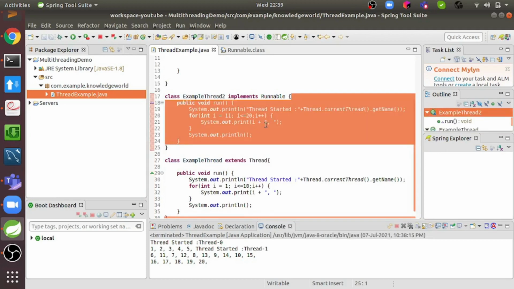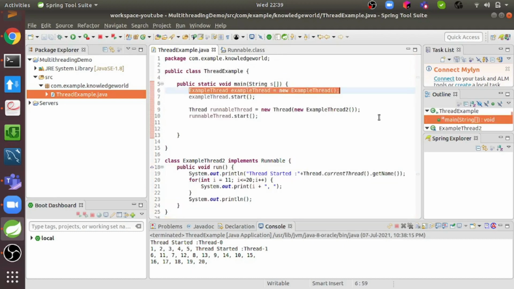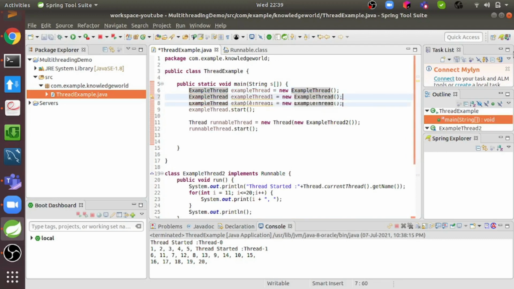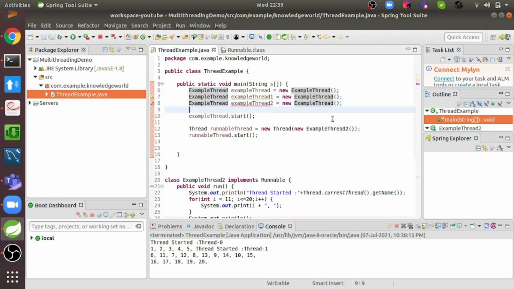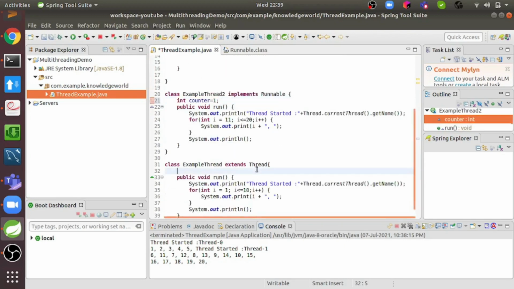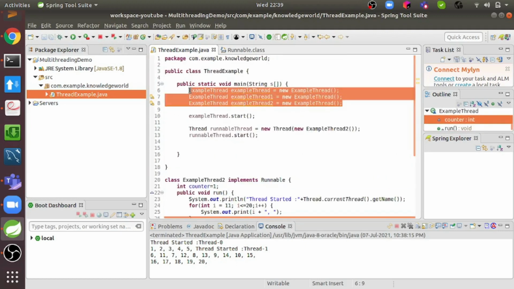One more difference is, here we have created the ExampleThread, so this is a new instance. If I create one more, these are all separate instances. So suppose there is a variable here, let's say counter 1, and if I increment this counter inside the run function, each will see the counter as 1.